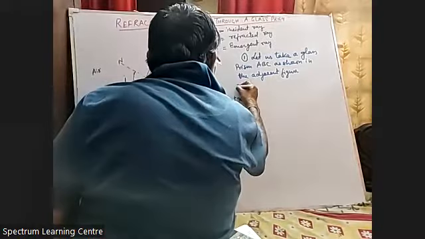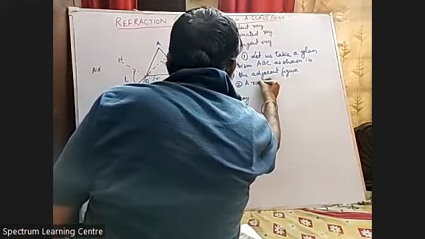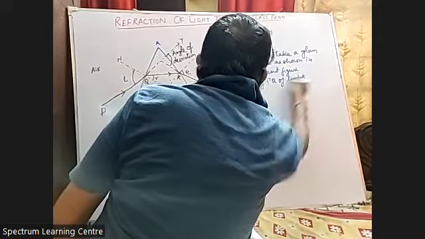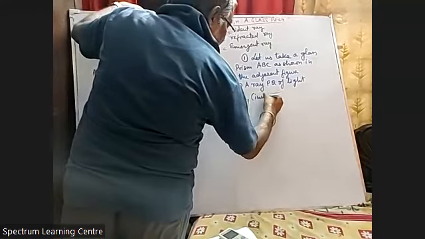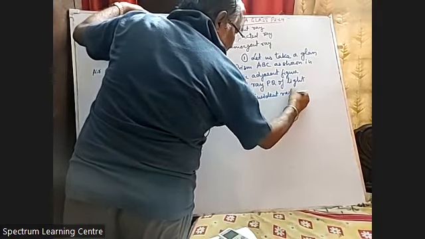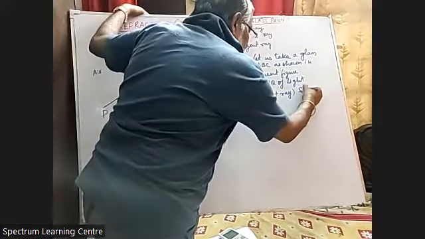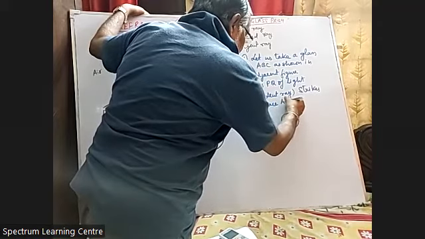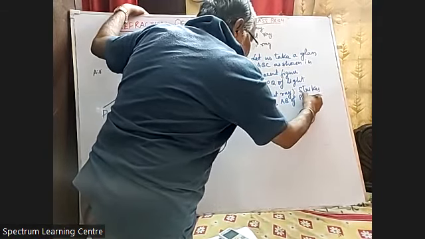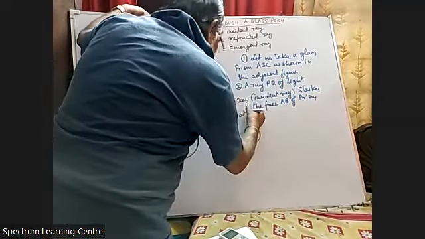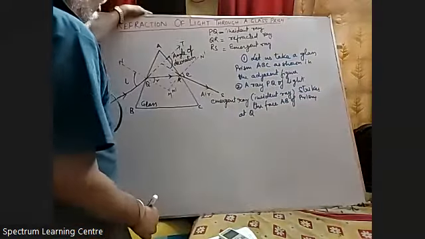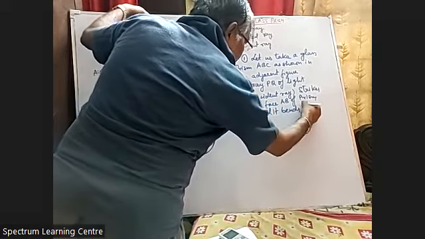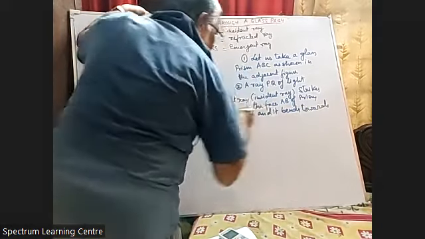Right? Number 2, a ray PQ of light, within brackets incident ray, strikes the face AB of the prism at Q, and it bends towards the normal